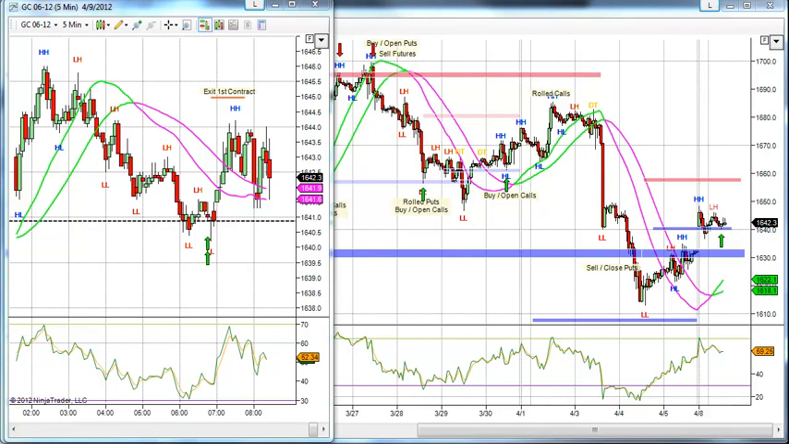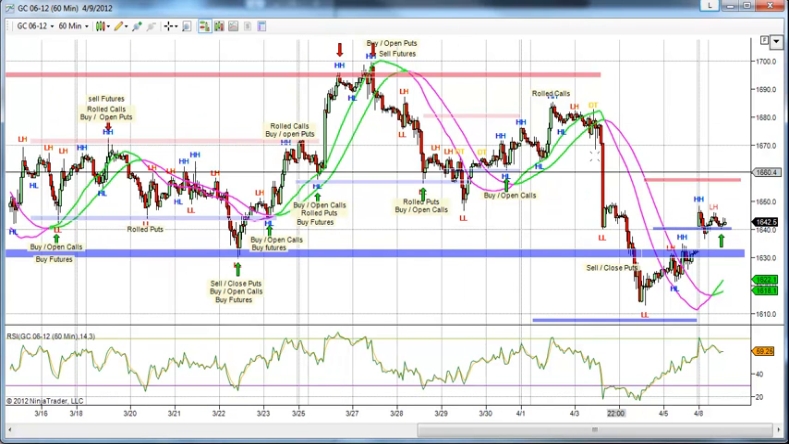Okay, this is an update from April the 9th. We're working a long trade on the gold futures contract, the June contract. And if we first look at our longer term time frame chart, the hourly,